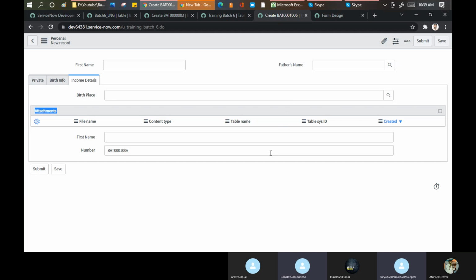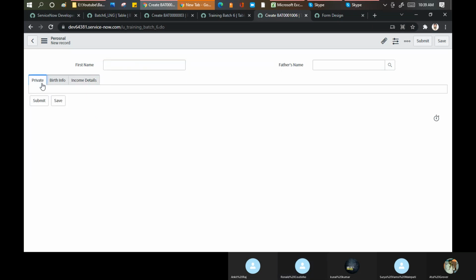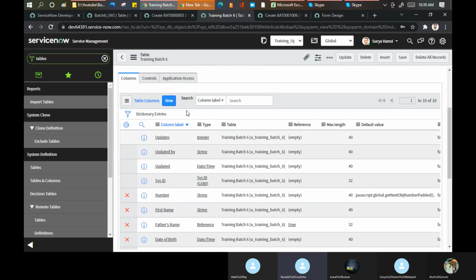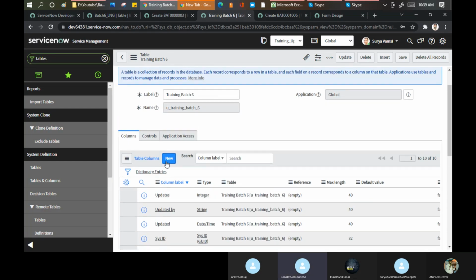Okay. So now what we learned specifically in this area is how I can create a table. Then how I can create a field here, different types of field: integers, normal string type, reference, numbers, date type. Now we'll create one more field here. Let's go in the table and create a choice list, because that is a little important to understand or to do a kind of practical.